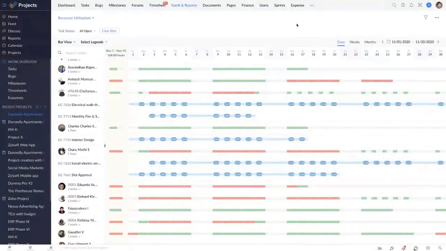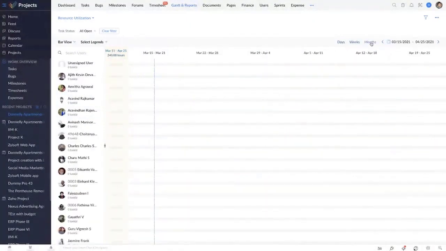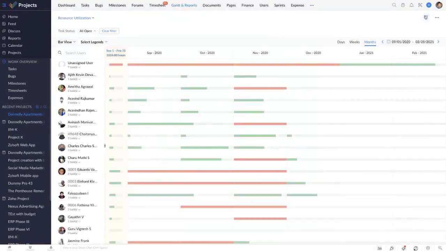And you have different views available here as well. You have the days view, the weeks view, and even the months view. And if you want to add a customized view, you could do that too. And if you're a large organization and handle a lot of users and tasks, scrolling through a huge list of users to find out which user is occupied and which user has time to spare could be a daunting task, which is where the filters feature comes in. It helps you to filter the users based on their roles, allocation type, or even their team.